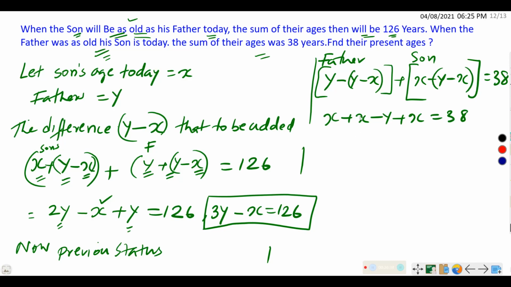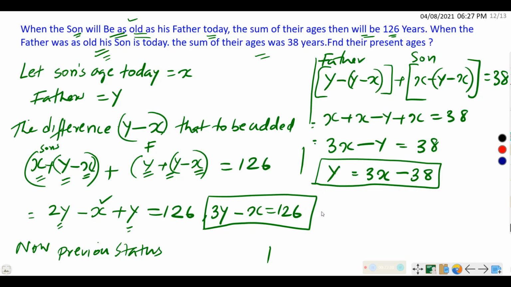Now we can rearrange again. 2x, 3x. Right. 3x minus y is equal to 38. So we got two equations,